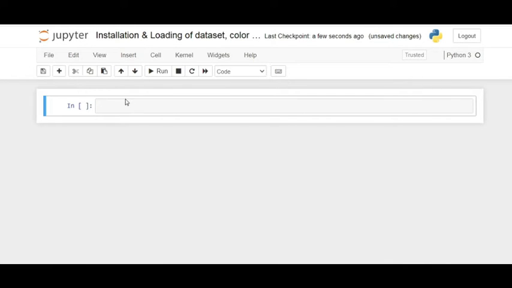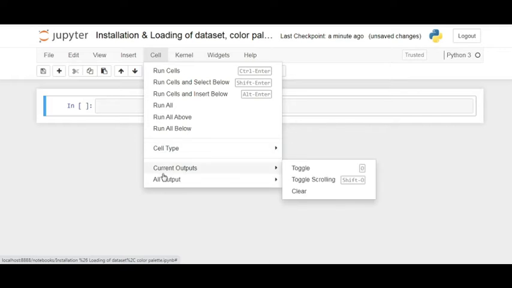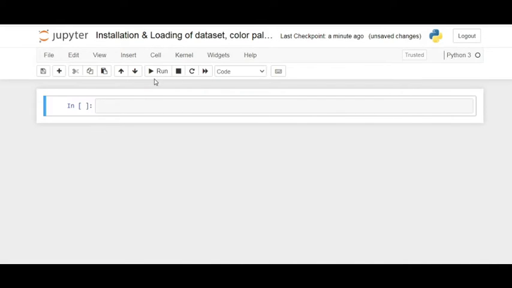Similarly, this one is considered as a cell. From here you can insert a cell below or above. These are the different options for run, as well as you can go through this one also. So here, if you want to write a code, you can keep it as it is. If you want to write headings, markdown likewise, you can select any one from this.